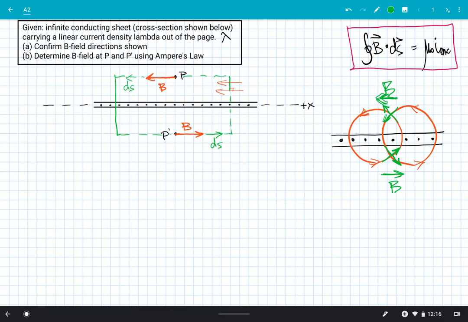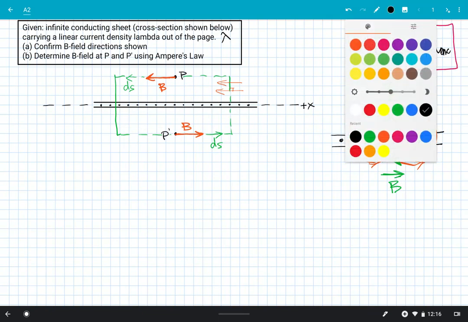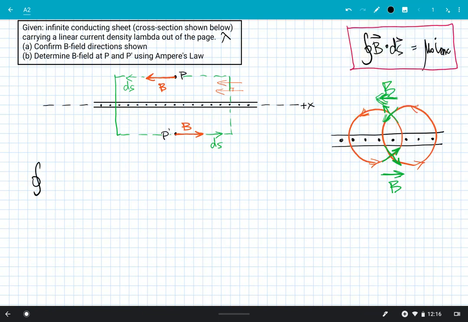So yeah, anytime you can get an all or nothing kind of scenario, that's what you want for these cases. So my B dot ds here is just going to be from the top and bottom sides. And if I need to define my rectangle here, I can define this dimension as L and this dimension as H. I'm not going to need that because I'm not going to use it,